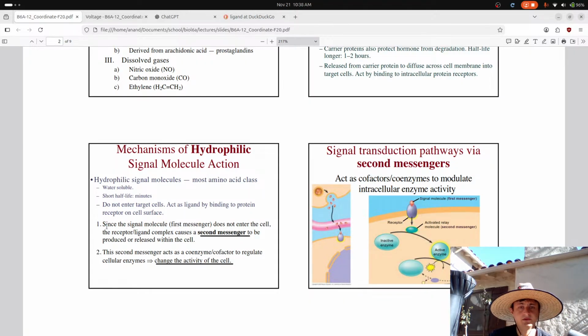All right. The second messenger acts as a coenzyme cofactor